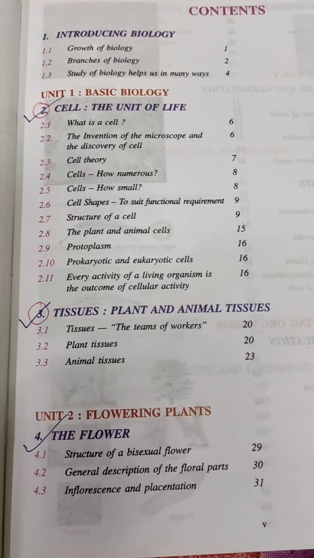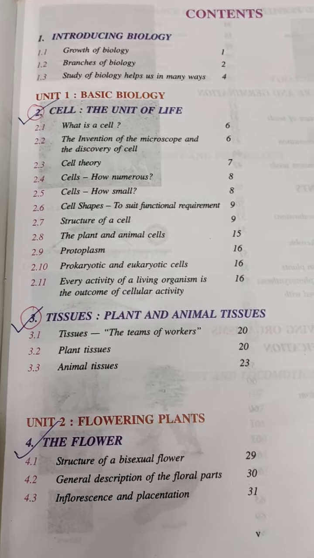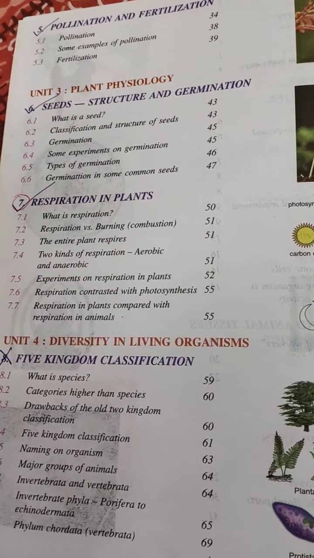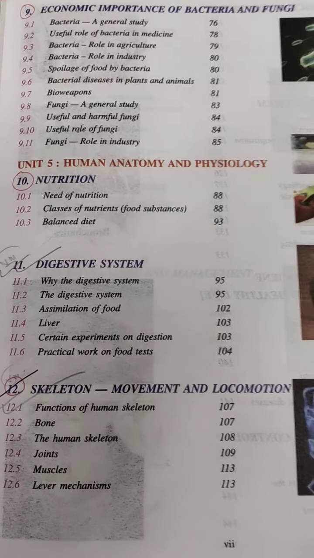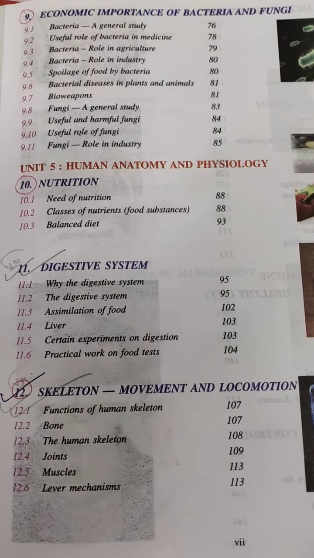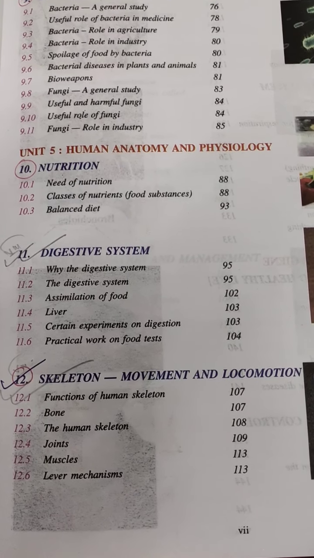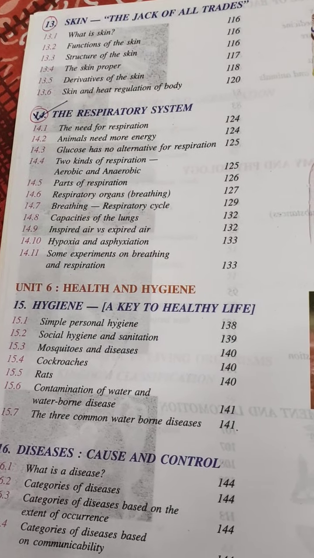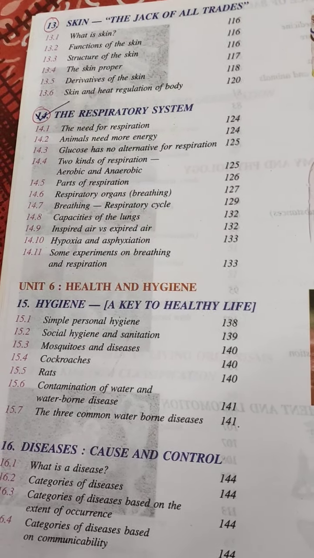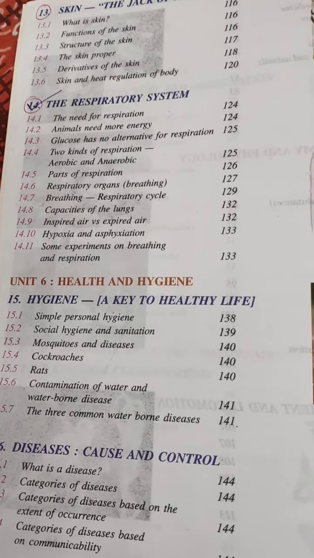Cell, tissues, flower, pollination and fertilization, seeds, respiration in plants, economic importance of bacteria and fungi, nutrition, digestive system, skeleton, skin, the respiratory system. So these are the chapters which are there in your syllabus, and which are not